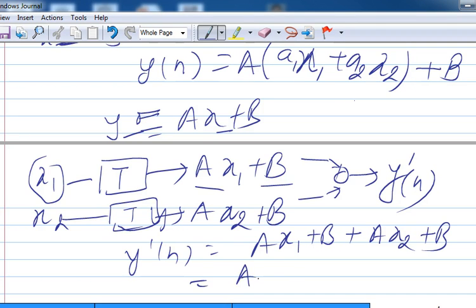So if I take a common, it gives a x1 plus, no, instead I should have multiplied it by a1 and a2. Okay, so this will be multiplied by